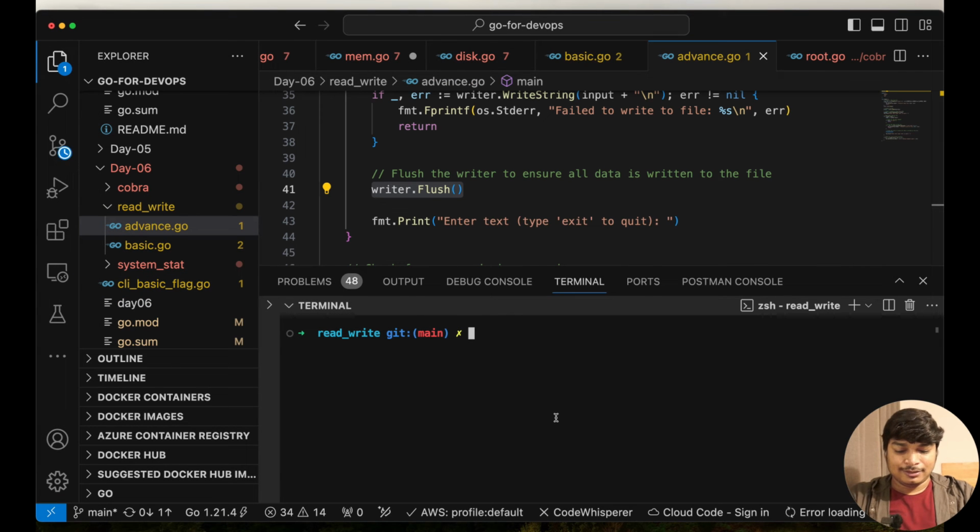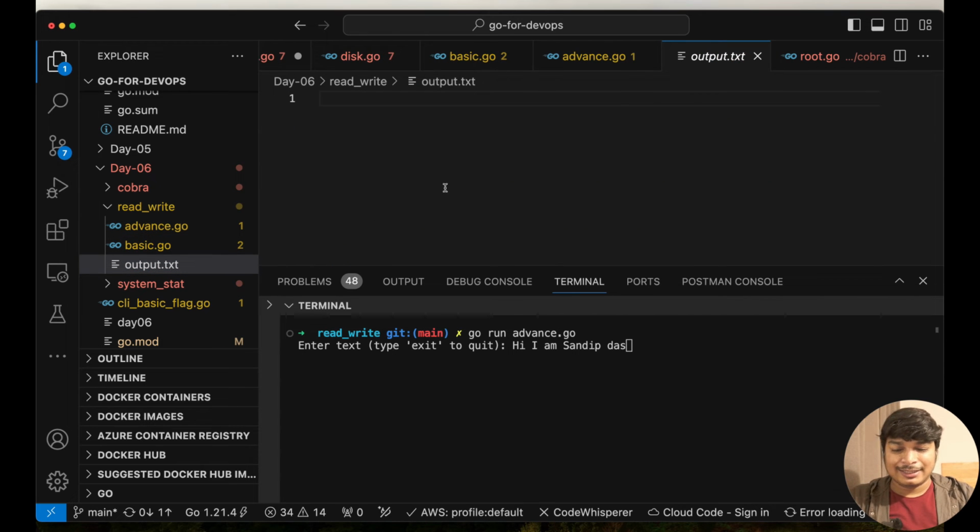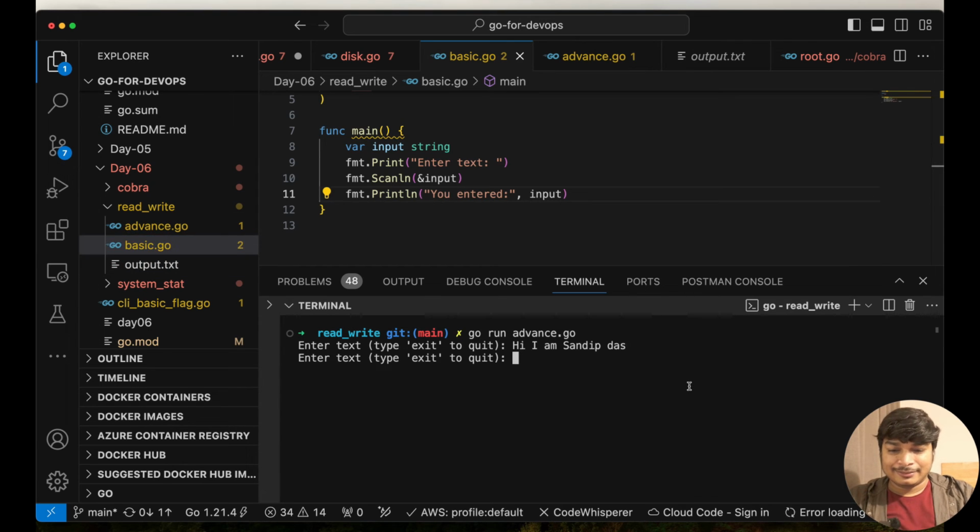Now just run the advanced one, go run advanced.go. If you just say enter text, hi, I am Sandip Das. See, I'm putting this, and in this output file is created, because in the first line itself we are creating the file, but it's not storing anything here. The moment we run enter,